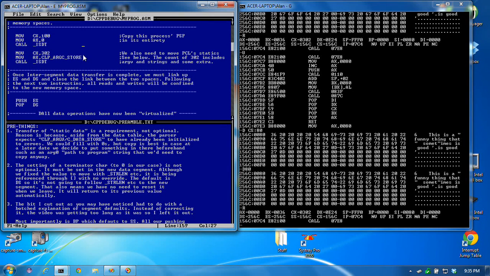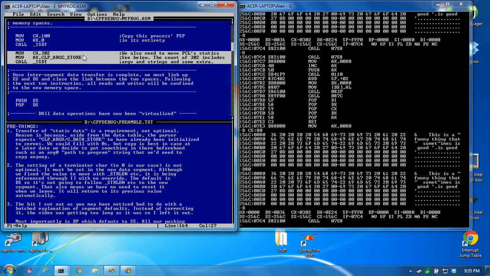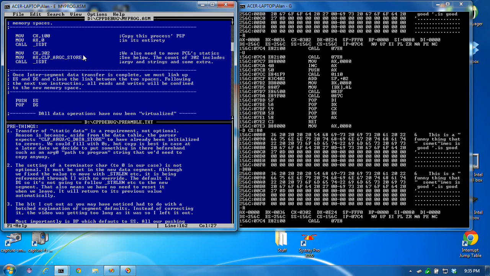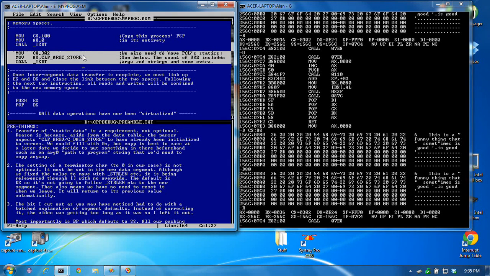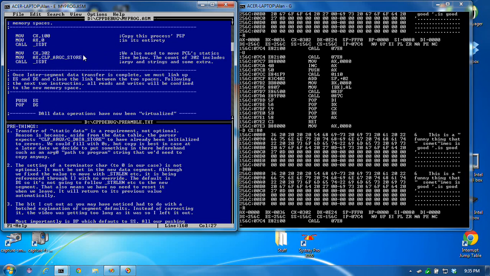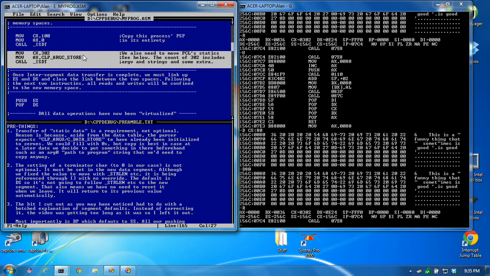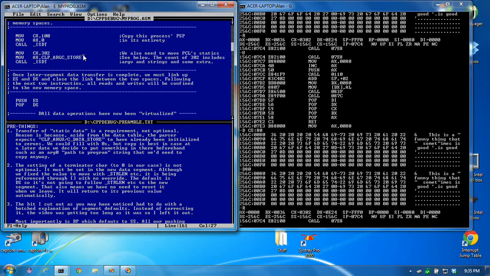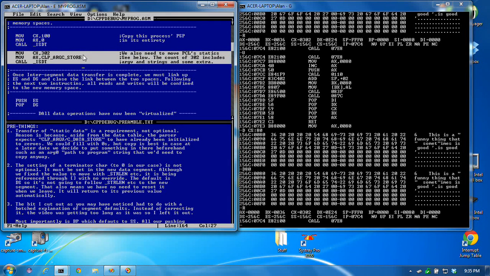In fact, it's completely necessary, as it turns out, because all this area happens to be filled with mostly zeros, so it's important that we copy those zeros over, because the parser assumes those zeros are there and doesn't try to null terminate its strings. It knows that the table where the static data is stored contains